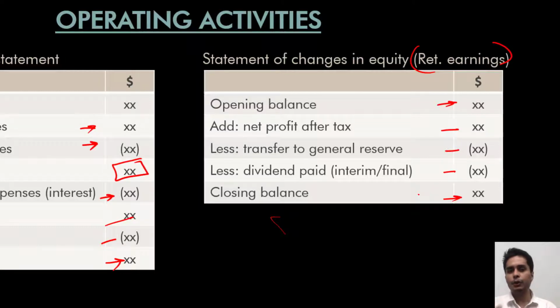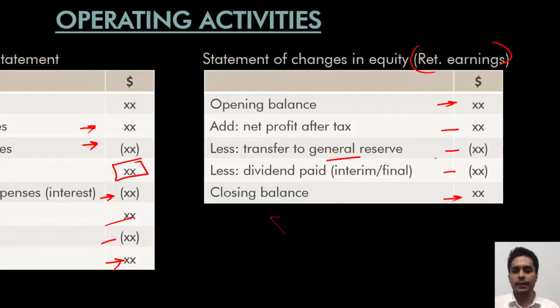Now, in the exam, you may not be given profit from operations directly. Sometimes it could be given, sometimes it may not be given. What you would be given in the exam is the opening and closing balances of the retained earnings as per the balance sheet. You would have the details of transfer to general reserve. If directly not given, then you might have opening and closing balances of general reserve. The difference is the transfer to general reserve. They would give you the details of dividends paid, interim and final. They would also give you the tax provision for the year, and the interest charges for the year.